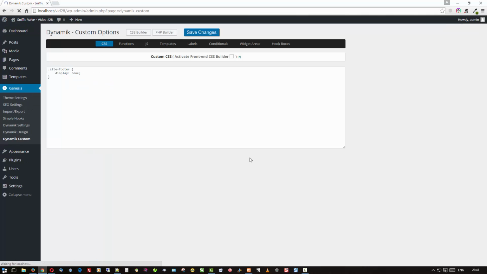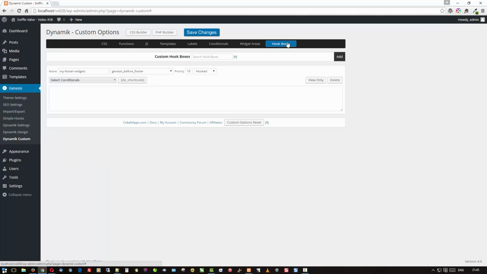and that is back over here in our hook boxes. So we have my footer widgets, name of it, you can call it whatever you like. Genesis before footer, and we want to enter a shortcode. And again, me being lazy, no, I'll type it out, what the heck. Square bracket, left one, FL for Fast Line, media, builder, insert, underscore, layout,